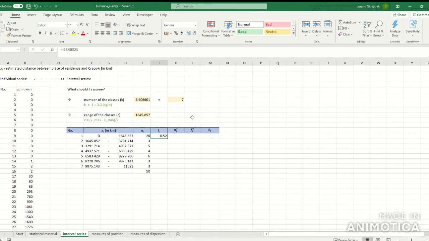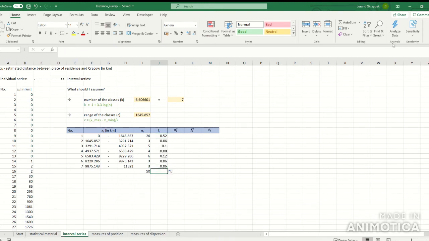This is the information that 52% of the population is characterized by the distance between the place of residence and Krakow not higher than 1,646 kilometers. Yeah, and once again I can click, hold and drag this formula to the bottom of my table,